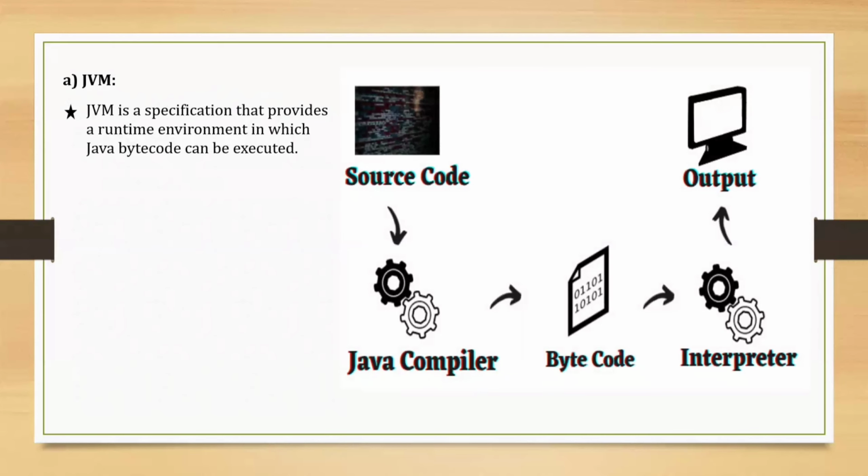See this diagrammatical representation. Once our Java code is ready, all the .java files are compiled into bytecode, which is .class files by the Java compiler. Then the obtained bytecode can be executed by any host running on an instance of the Java virtual machine, which contains interpreter. Then we'll be getting an output.